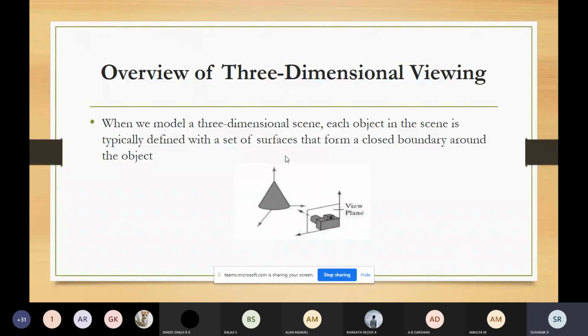The processes that are available in 2D can also be used in 3D viewing, just like the clipping function. But in addition to that, some extra tasks need to be done.